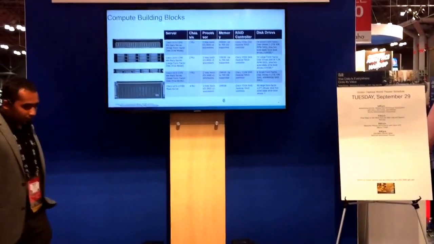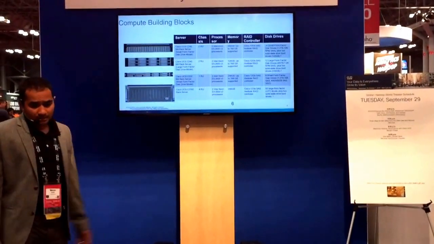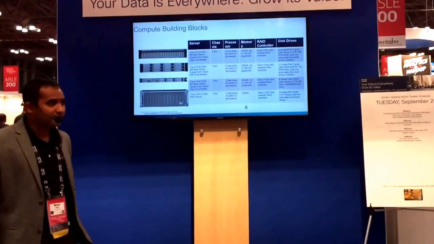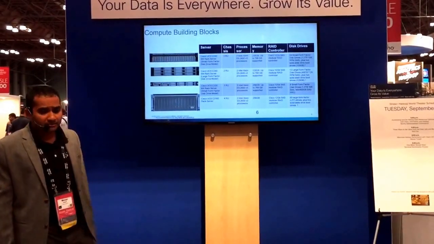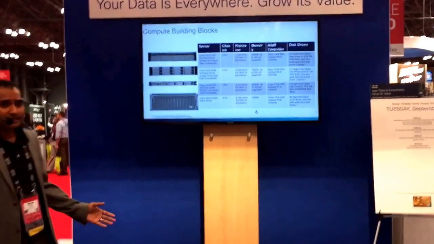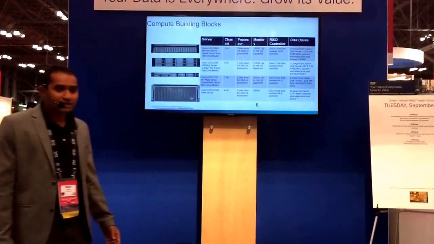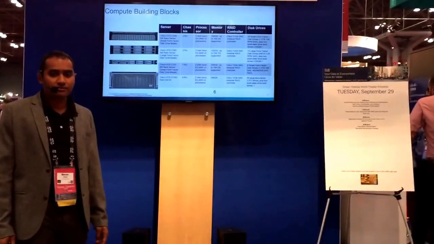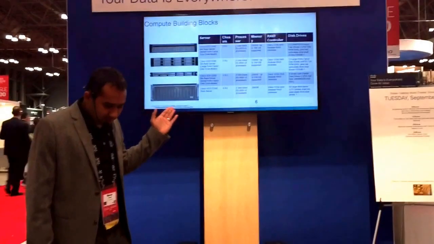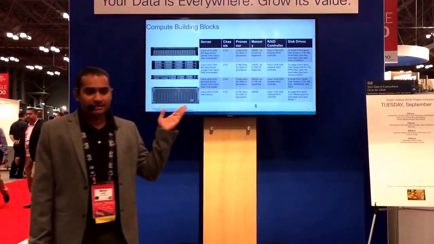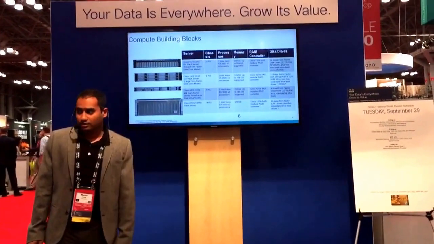Before we move on, let me walk through the C240 servers we have in the reference architecture for big data. Our big data reference architecture first has the C240 M4, which has 24 disk slots. All are 10K SAS, 1.2 terabyte drives, in a 2 RU server, with dual Haswell processors of 12 cores each, so 24 cores and 48 with hyper-threading enabled. We have 256 GB in the base configuration, and you can go up to 768 GB. And we have 2 drives internally for boot.